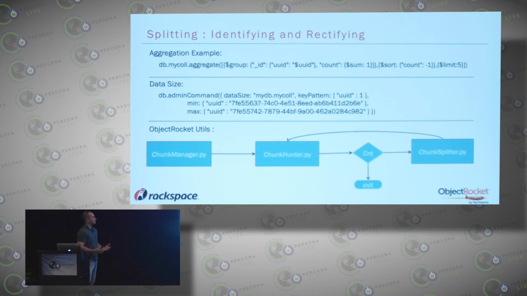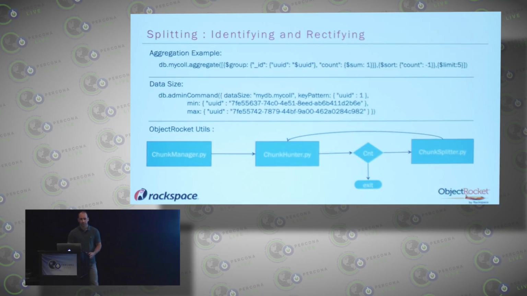You will want to monitor the process. Chunk Hunter by default does use estimate, so it should be a light operation, but you are modifying your configuration metadata. After a process like this, when we're talking about splits and merging, it's always good to maybe start another mongos or bounce one of your existing mongos if it's not going to impact your application. What that does is it causes that mongos to reread the chunk map and make sure everything is valid,